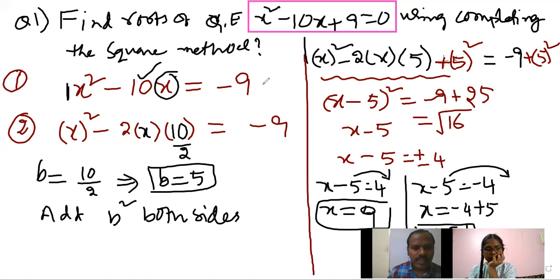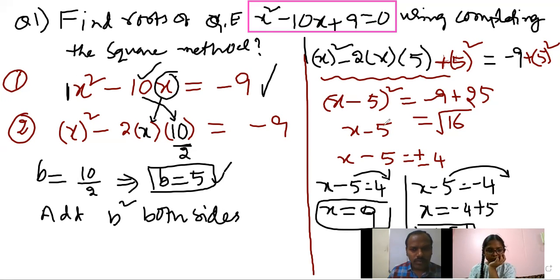Right. So when there is no x square coefficient, you can directly go to the second step. What is that? Transpose the constant to the right side, which becomes -9. After that, write x square as x whole square minus 2, reserve the two brackets. In the first bracket drop x, and in the second bracket blindly write down whatever the number is, and after that write the denominator 2 and take b. If you compare this part with 2ab, b value is 10 by 2, and after cancellation, 2 fives are 10, so b value is 5.